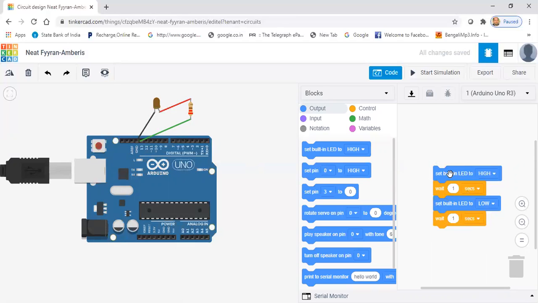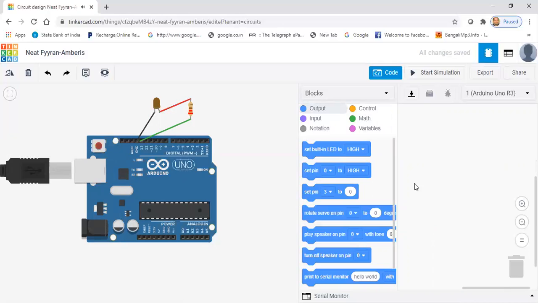Now we are just basically deleting these blocks one by one, and show how this graphical coding you can use by these blocks. So first of all, this LED acts as output LED. So we are just clicking this output section and set this built-in LED block, drag this block to this field, and then again we are clicking this control.